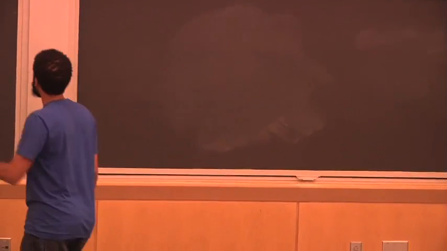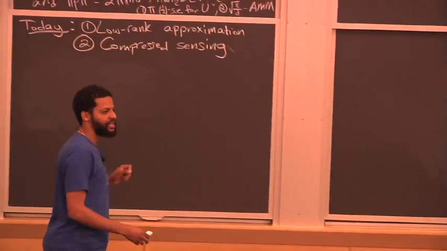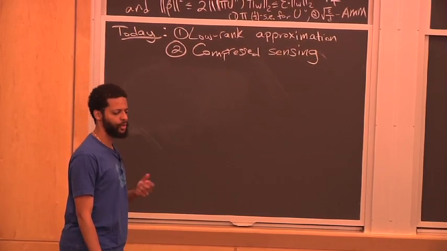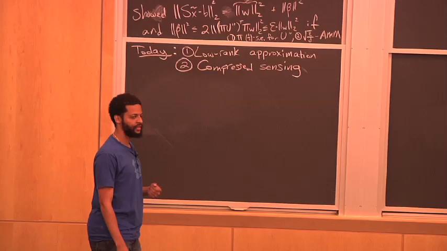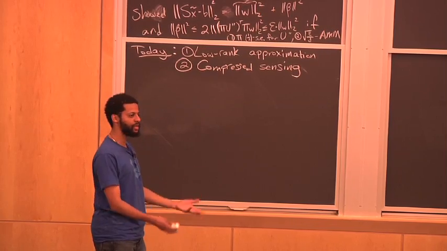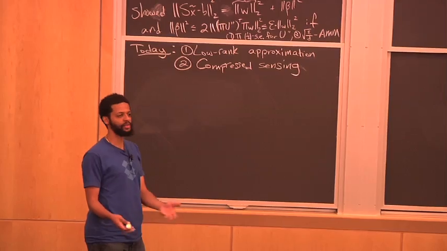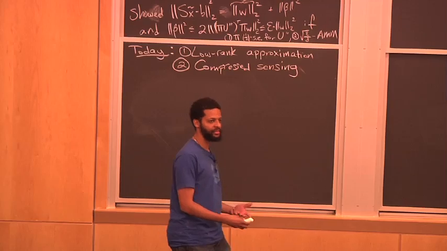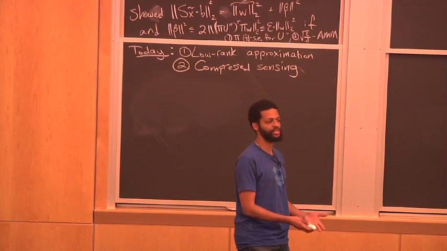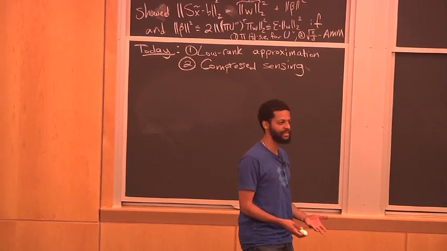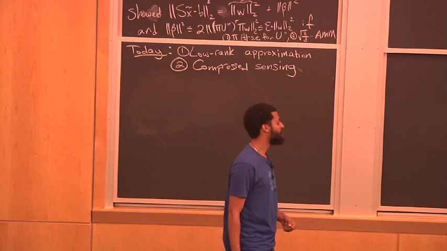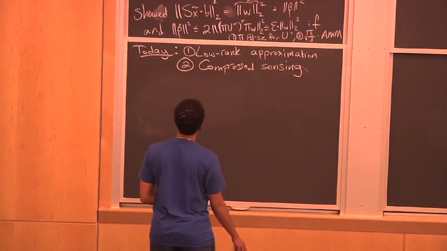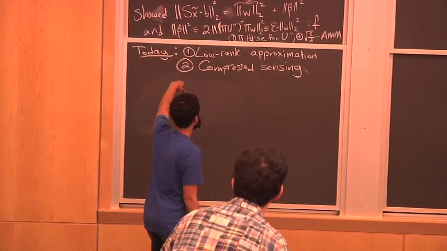So last time we covered three different methods of using subspace embeddings for regression, for least squares regression. The first one was the simplest one. If you have an epsilon subspace embedding, you get epsilon approximate regression. Okay. And then the second one was this iterative approach, where you basically well-condition the matrix to speed up gradient descent. Okay. And the third method is this one, where you really only need,